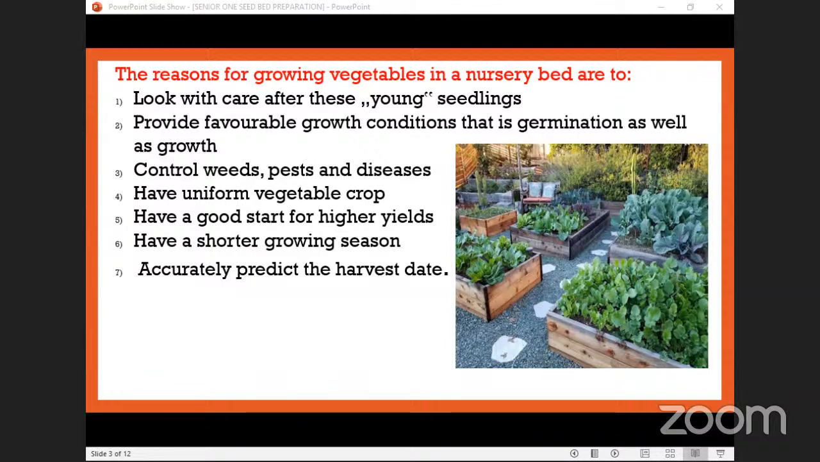And then another reason, to have uniform vegetable crop. You'll be knowing that on the 19th of August, I was able to raise seedlings in a nursery bed, and I transplanted them after a period of 4 weeks. By the time you take the seedlings to the main garden, they will all mature and grow on the same level. You harvest even at the same time